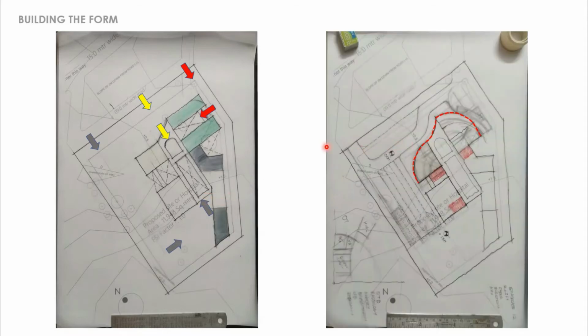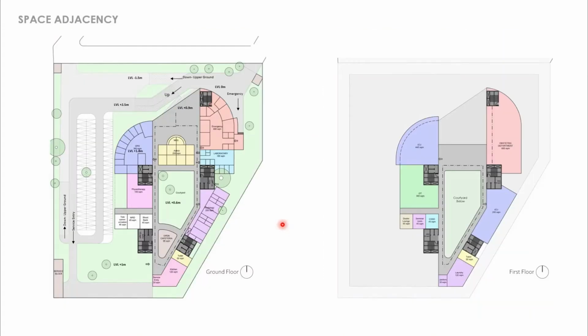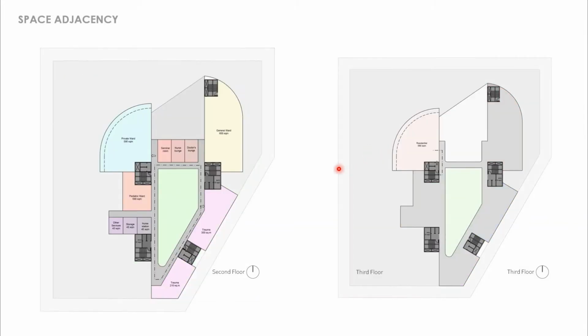Then we started to identify spaces where we can optimize the form panopticon. Over here we have taken area into consideration. We have spaces such as OPD, main entrance service and emergency spaces toward the northern side, and service spaces such as kitchen, laundry towards the southern side. On the first floor we have OT, ICU and obstetric department, followed by all the inpatient departments and residential accommodation.